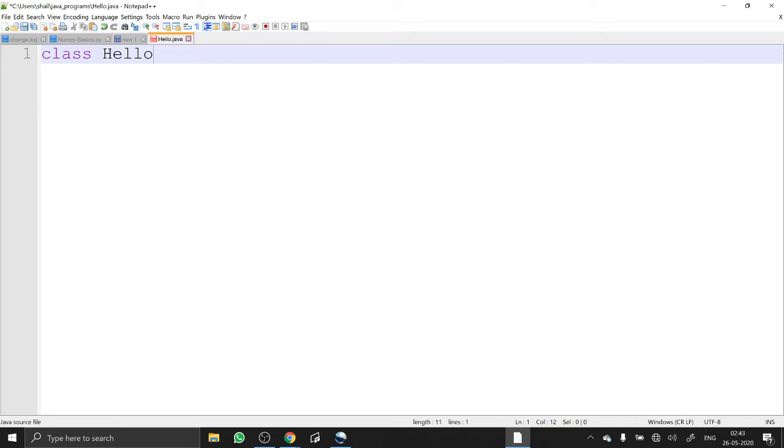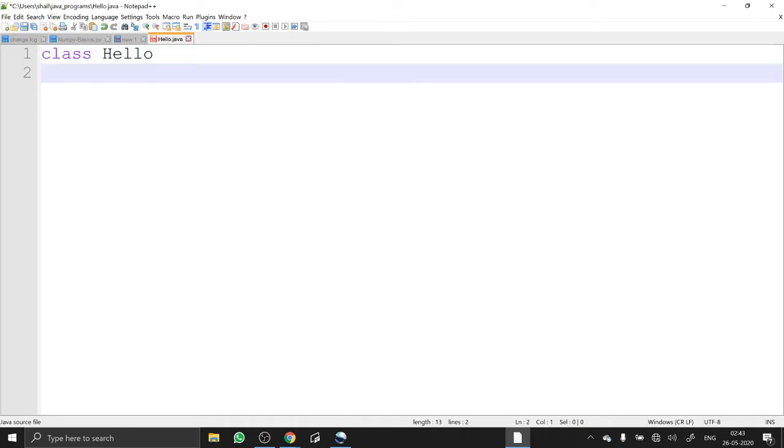The class name has to match the name of the file with which you are going to save. Class is an encapsulation unit for all the variables and for all the methods. Notepad++ gives us a facility for indentation. Indentation is required to improve the readability of the program.